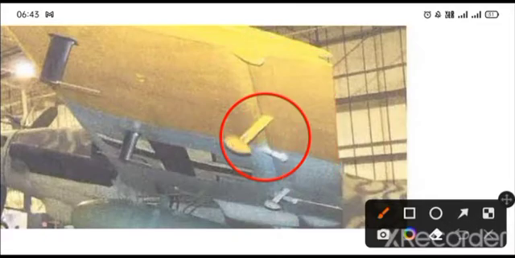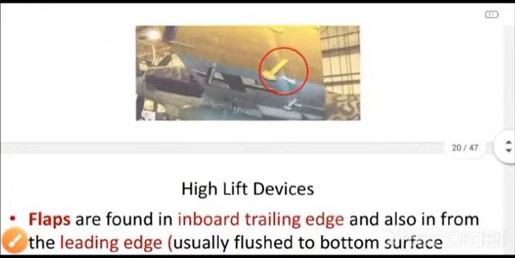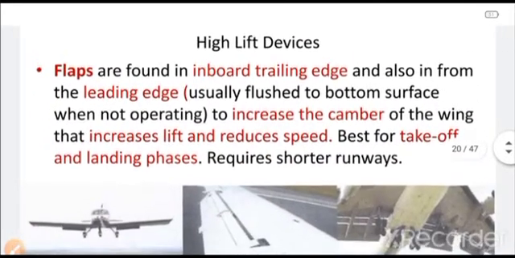The loads that will be imposed from the top and the bottom surfaces due to the airflow fluctuating over there will not impose a lot of stresses, because the CG is already at the front side. Over here you can also see there is one more, so they will be balancing the fluttering action as the weight has gone forward. So that is called mass balance: by adding some mass you are actually balancing the fluttering action of the